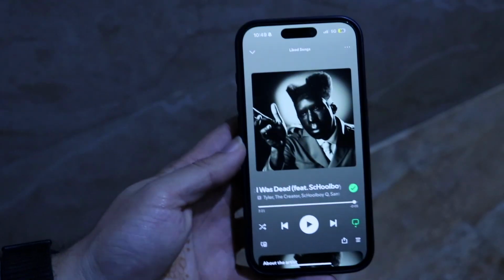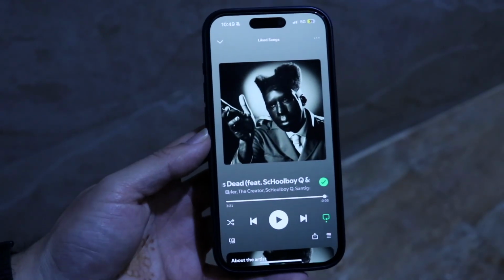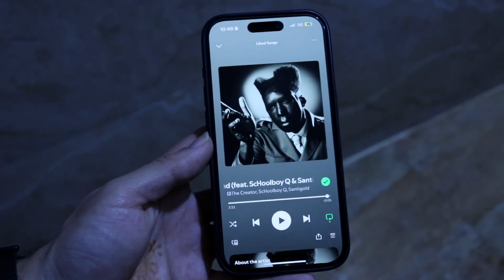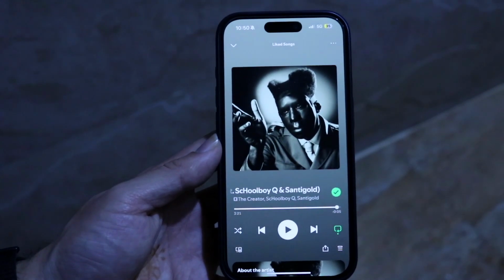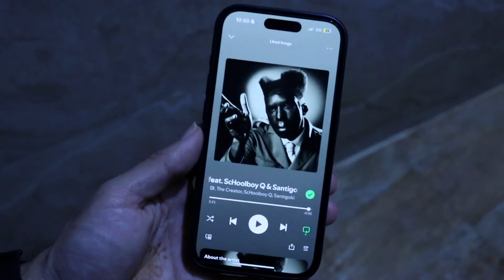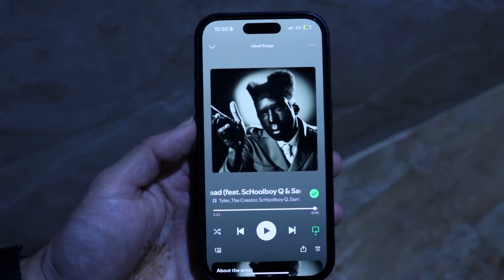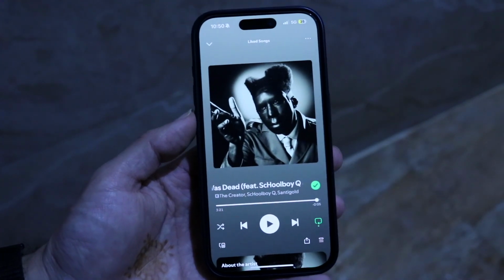So you might be in a situation where, for some reason, your sound quality on Spotify is really, really bad and you're trying to figure out why that's the case. Now, this can happen for a couple of different reasons. The number one thing I'd recommend doing in this particular situation is to just go through and make sure that